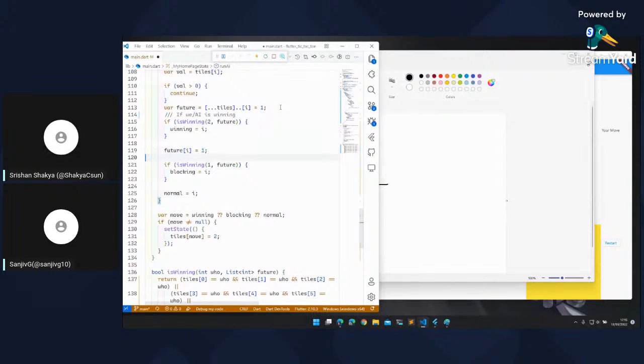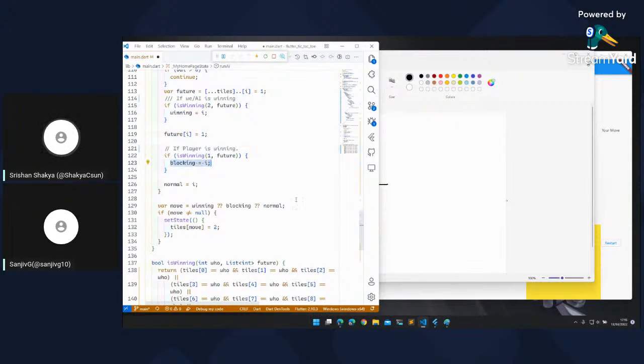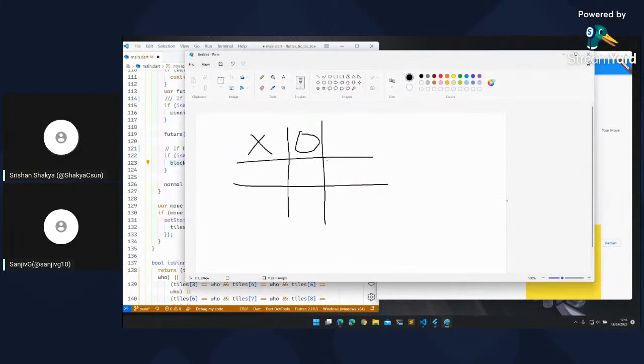And in the future position, if the player is winning, let's say the grid was like this, and the player wins in this position, we check the future, and placing a 1 here will make the player win.